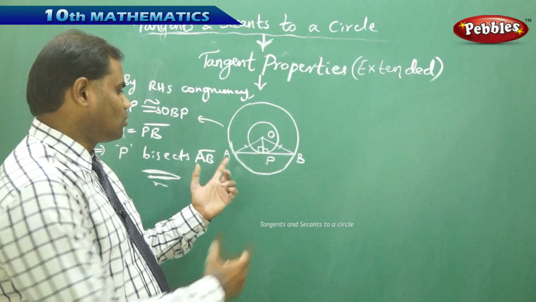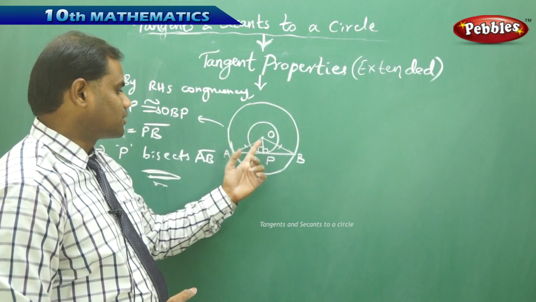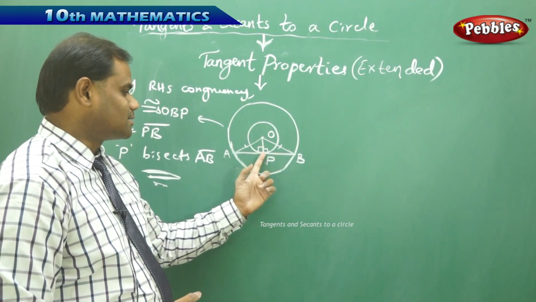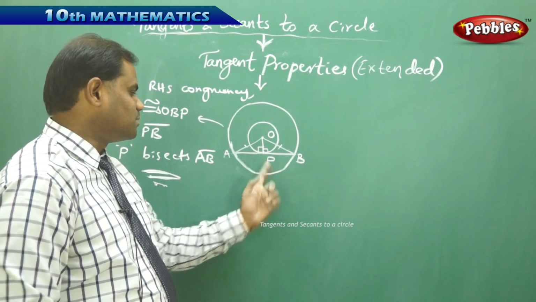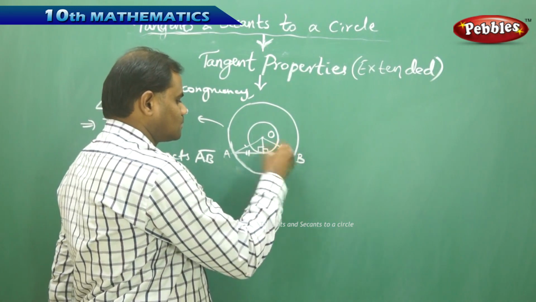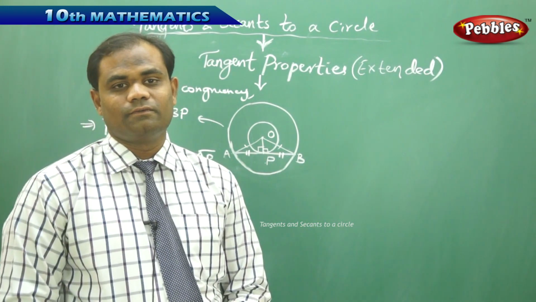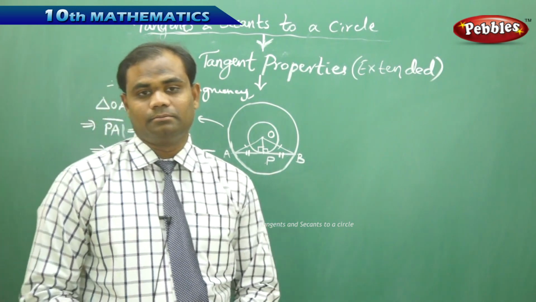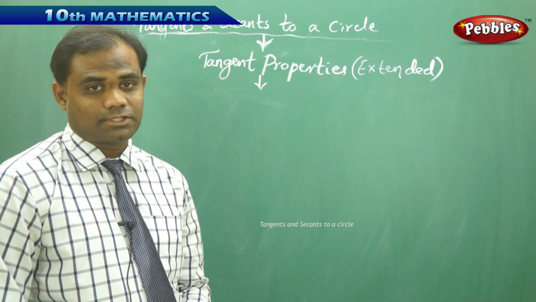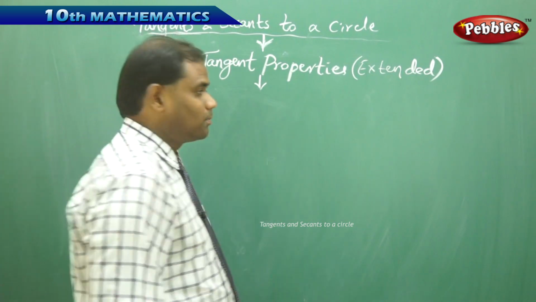Therefore, when I draw a chord to the circle, then for the other concentric circle where the chord acts as the tangent, the point of contact will exactly be the midpoint. That is, P bisects AB such that PA is equal to PB, which is what we have proved in case of this theorem. So let's take the next property, the extended properties of tangents, where the property says that